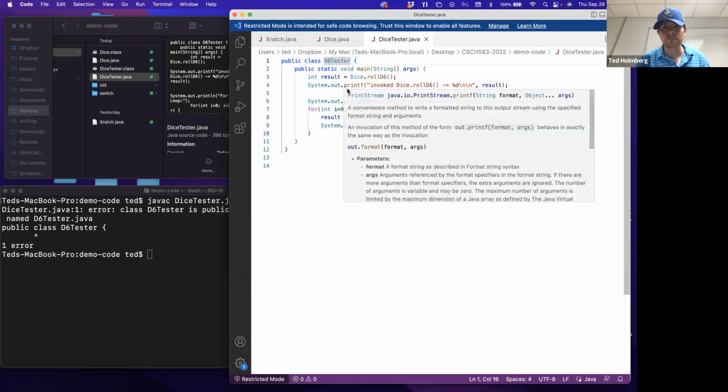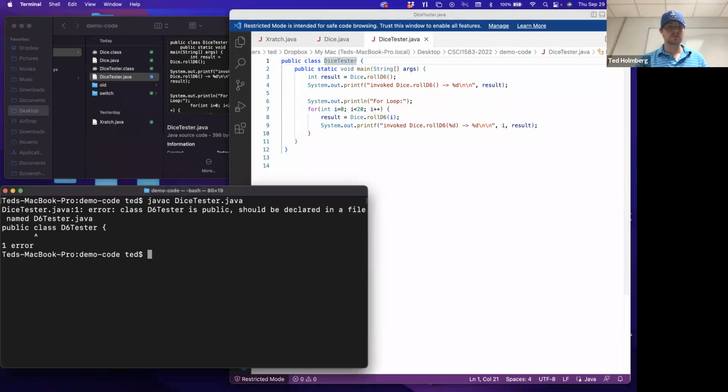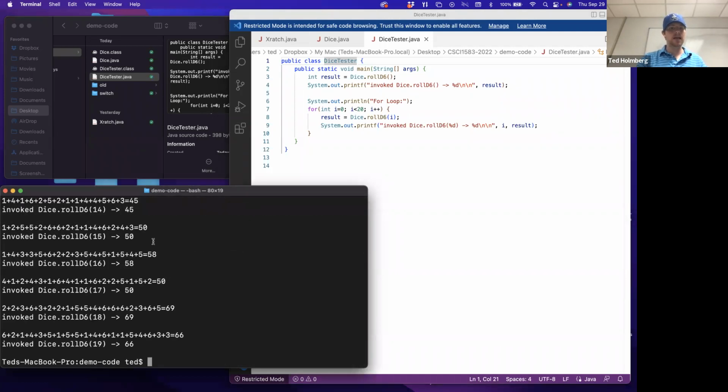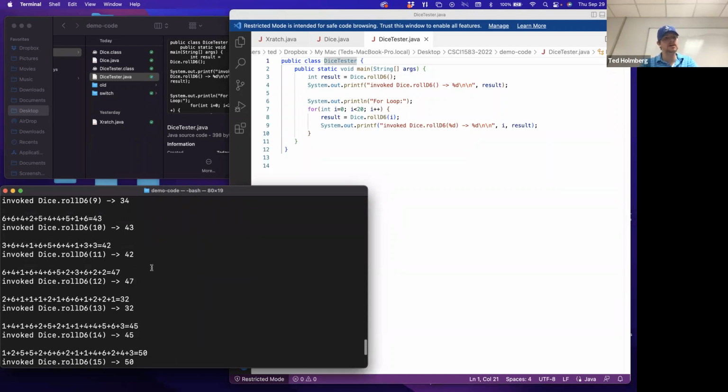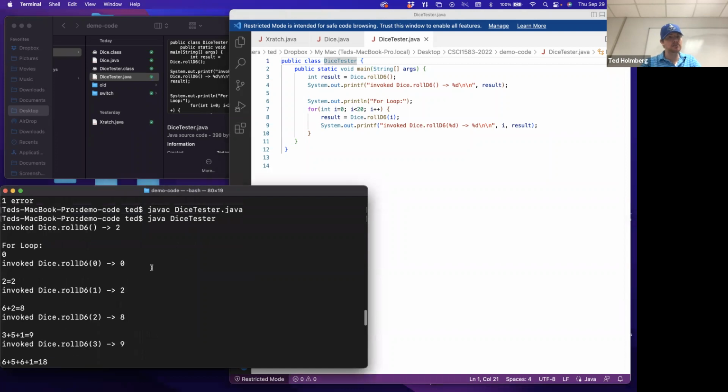Let's call this DiceTester. And if we do that, notice what we get here is our singular die roll